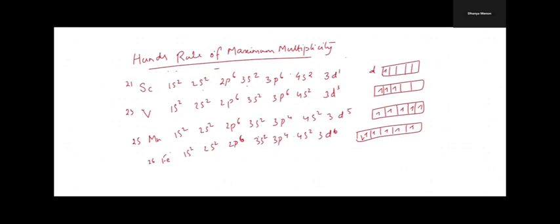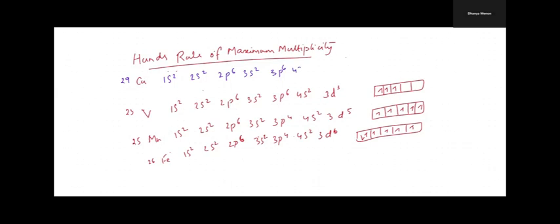Now coming to one of the special cases, which is copper. Copper is Cu. The atomic number is 29. So 1s2, 2s2, 2p6, 3s2, 3p6, 4s2,